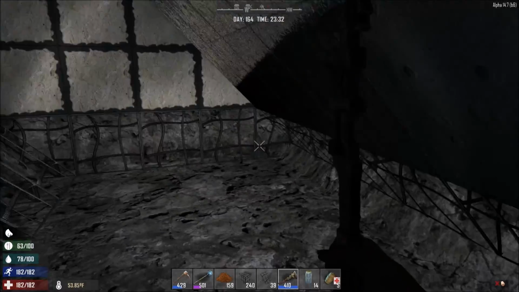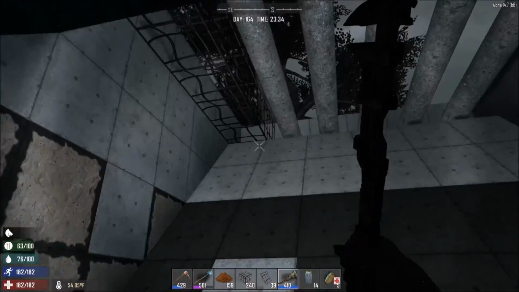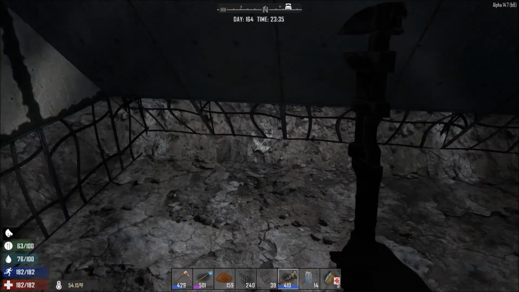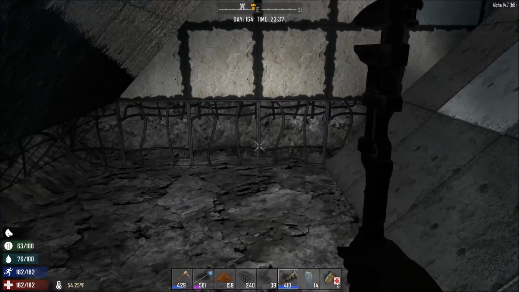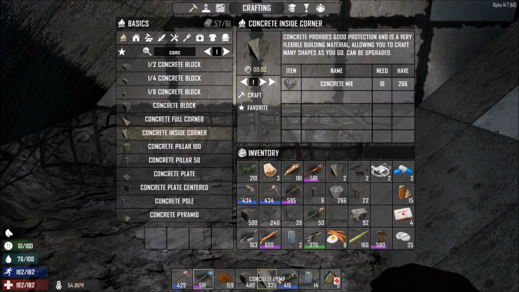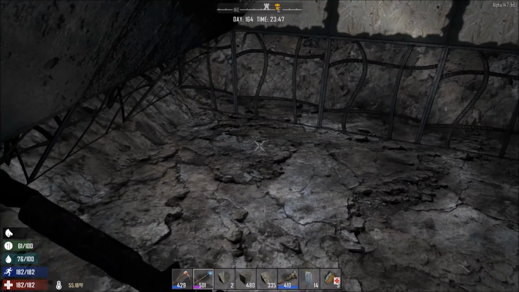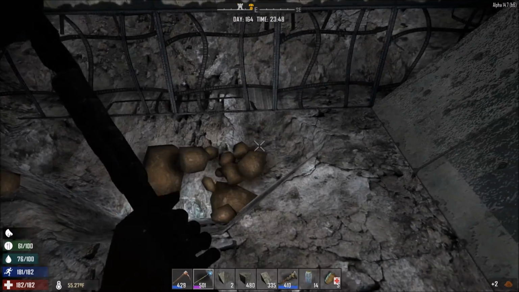I have run out of wood, so I'm going to have to go get some more, probably from inside the base, before I can upgrade these. Or I could just ignore it for the time being and carry on digging, because at this point in the entrance, I actually want to start just using normal concrete blocks and frames and ramps rather, and then I've got some of these inside corners here, and the intention is that from here on in, I'm basically going to